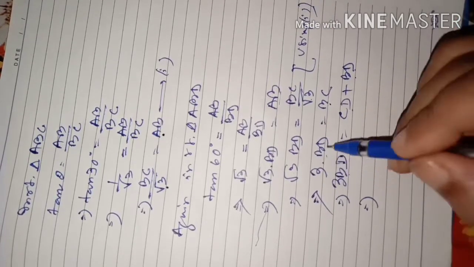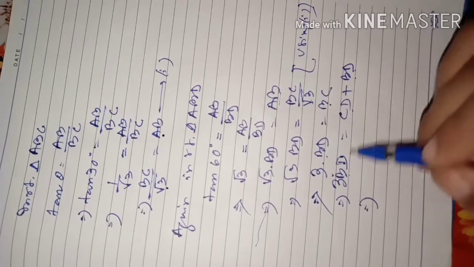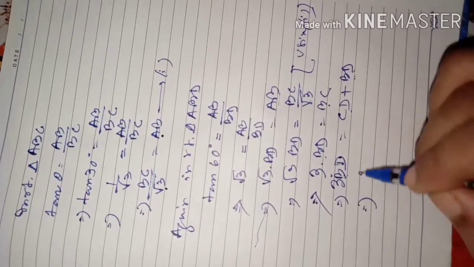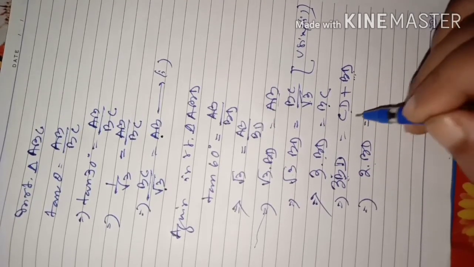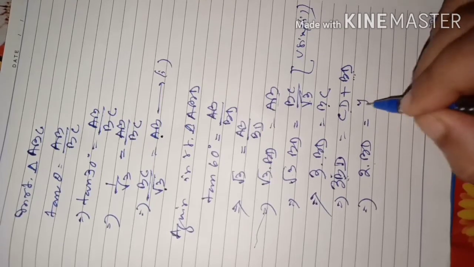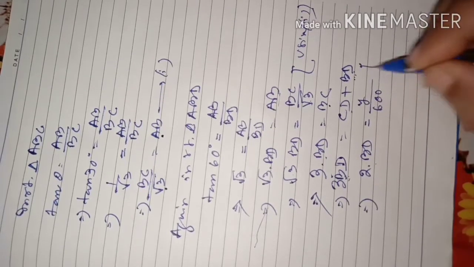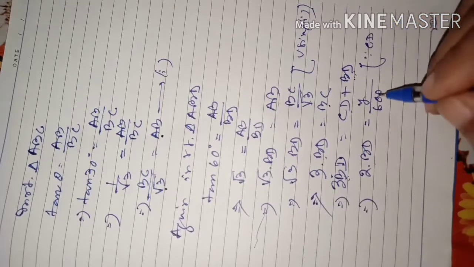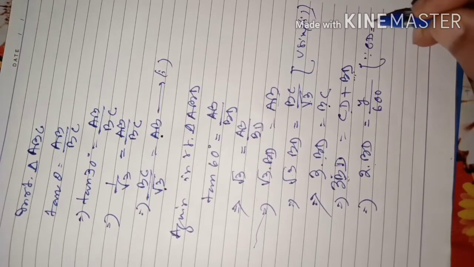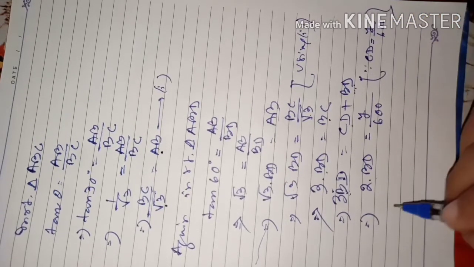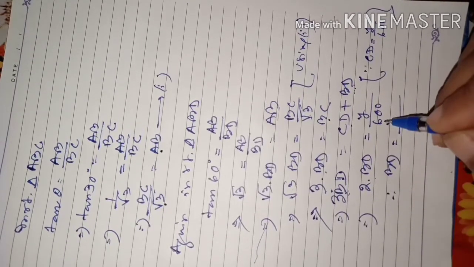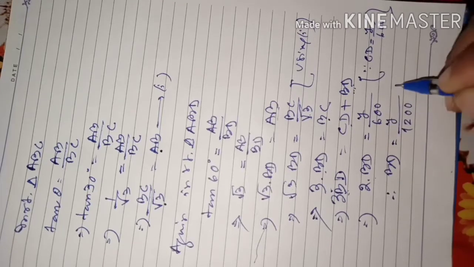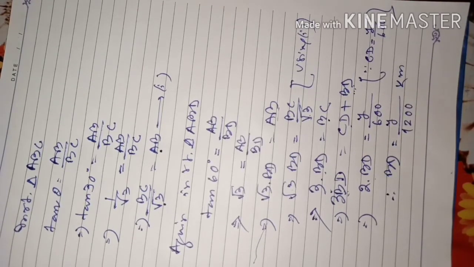So here 3 BD is already here, because root 3 into root 3 is 3 BD. 3 BD minus BD is twice BD. And from 3 BD, if we cancel 1 BD, then easily 2 BD. Then CD, CD already we have extracted y by 600 kilometer, where y is speed of the car. So now what you got? BD as y by, this 2 also will come here, 2 into 600, 1200 kilometer. So this is BD's length.